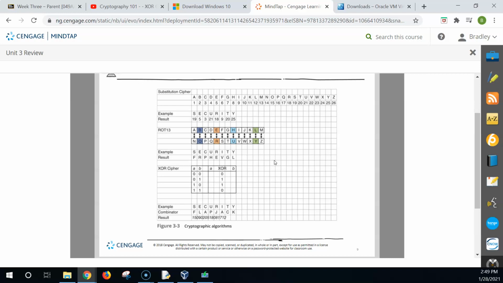And if we combine some of these together, so we substitute in letters, and then we rotate them, and then we do an XOR. Well, now we've scrambled that data even more. And you'd have to know the key, and you'd also have to know the processes that we use to do it. Because if you did them in a different order, or you were trying to use ROT 15 instead of ROT 13,